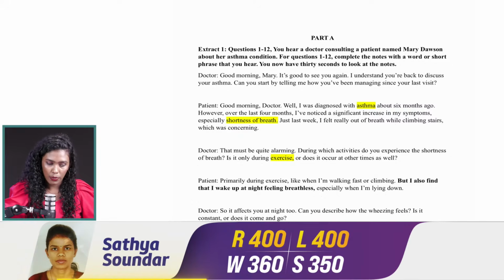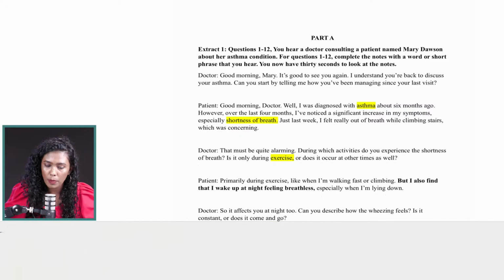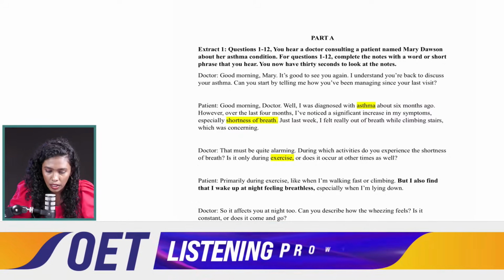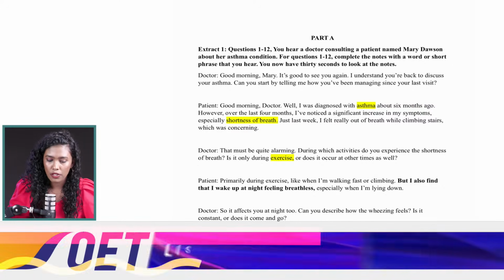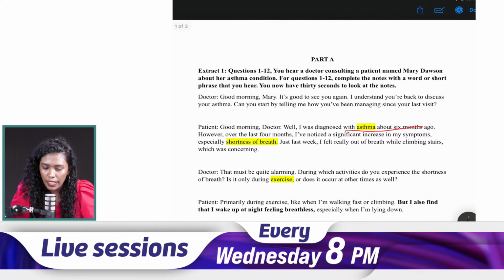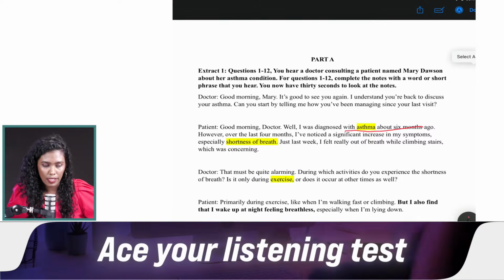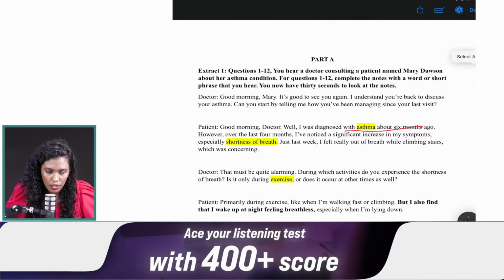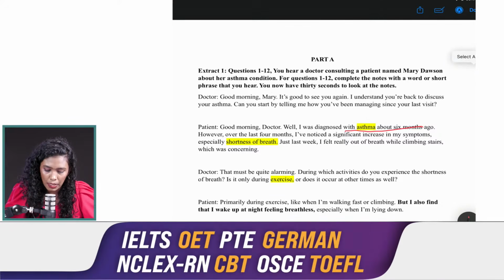Okay. So question number 1 was asthma, right? And you can understand the question was: the patient was diagnosed with dash 6 months ago. You are here, 11th question. Don't worry, we'll be going for the discussion. Okay. Well, I was diagnosed with asthma 6 months ago. So it is very evidently stating when the patient got the condition. So here it is mentioned the patient had this condition 6 months ago. So that was a very